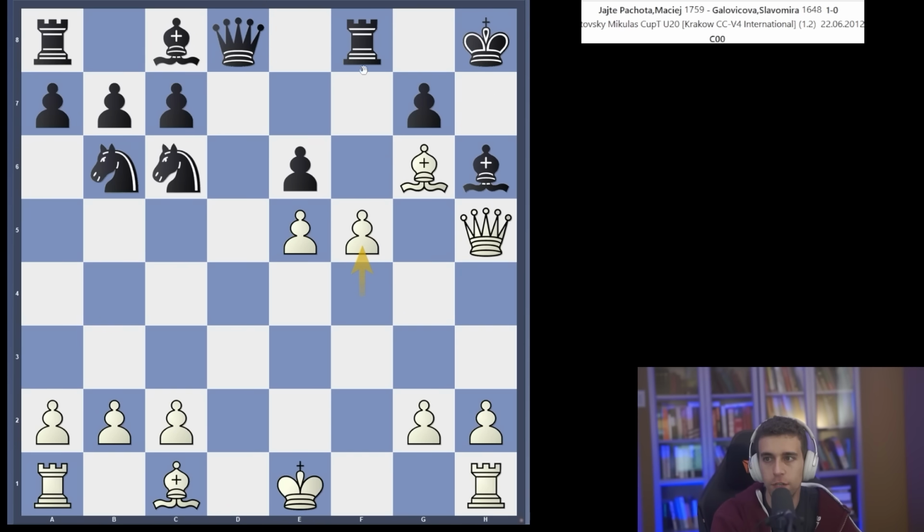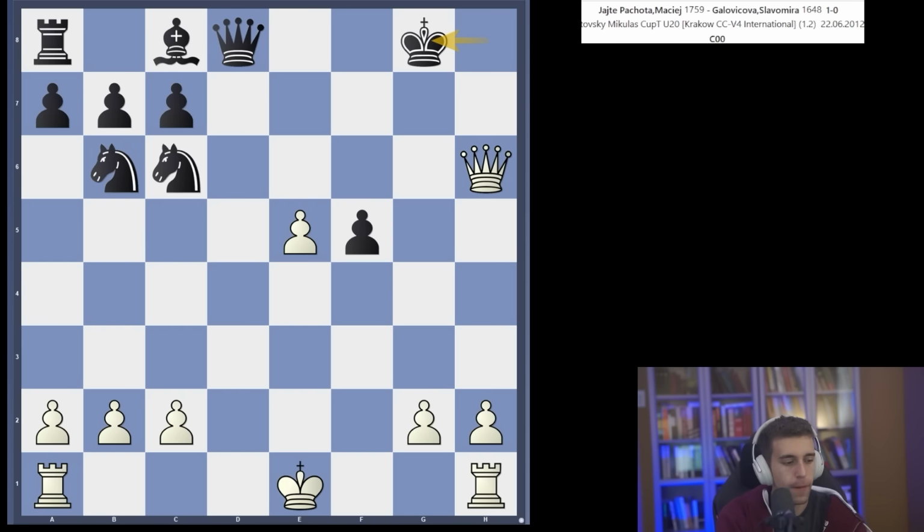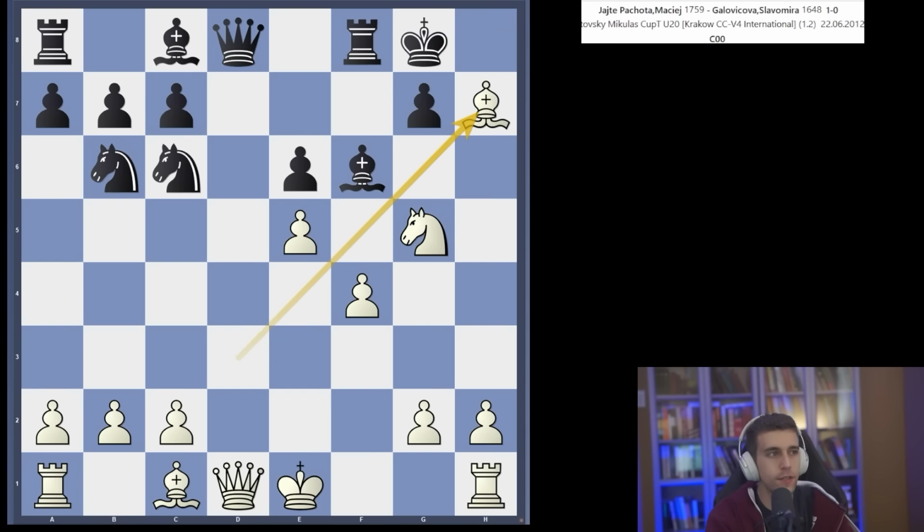What was the defensive resource? It was rook takes f5, giving up the exchange, but eliminating this bishop. And after white takes it, this does not come with the same effect. White runs out of pieces. And at best, you can maybe get a perpetual here. So that's basically the reason why I need to be patient here. But as you can see,